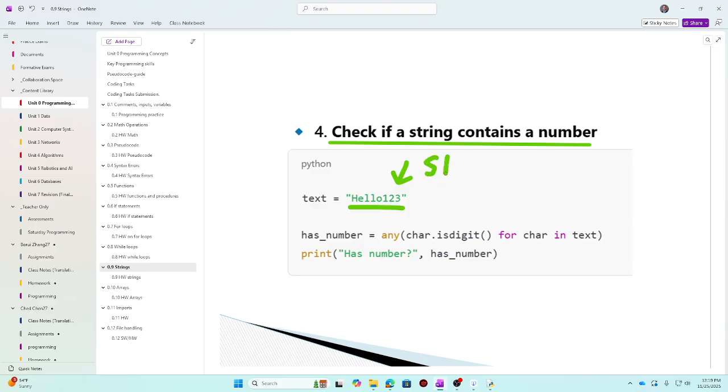It looks like an integer, but it's not. In fact, this is called a string. The reason why it's a string is because you have the quotations. And so this is not a number at all. The computer will treat this as a word. It will treat it as a string. And so you cannot do math with that.